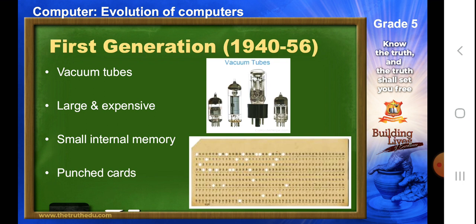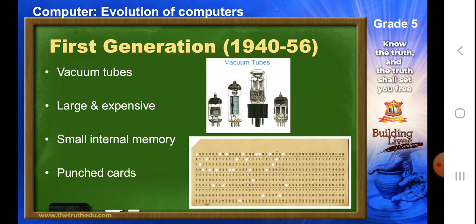So all these were adding to the cost of the computer, and plus it was only used for a specific purpose, right? Not like anyone can come and do anything there. If it is meant for medical research, it was only dedicated for medical research. You just can't go ahead and use that for some other purpose.